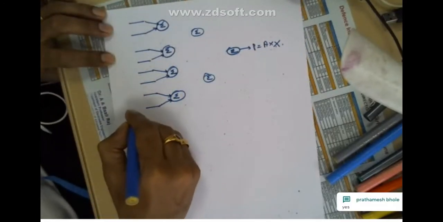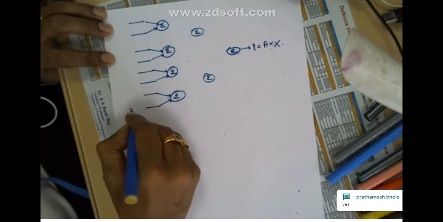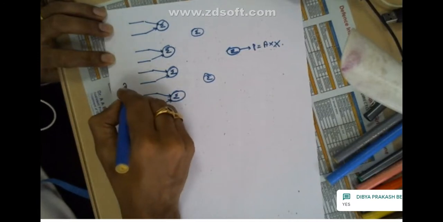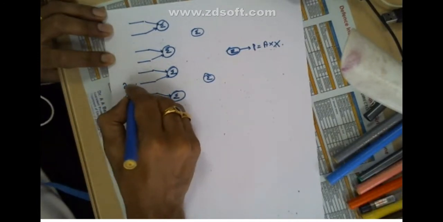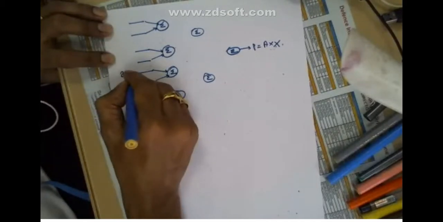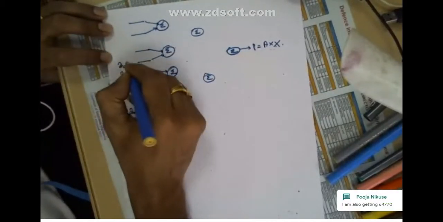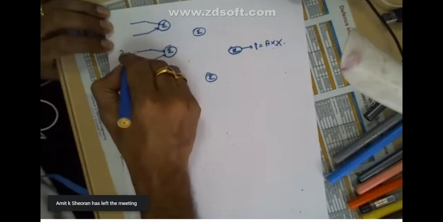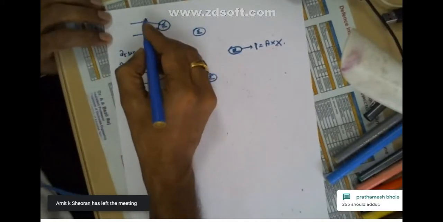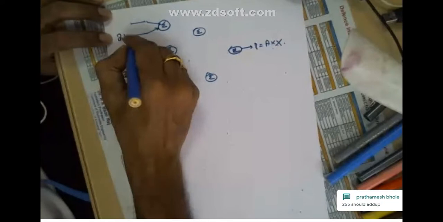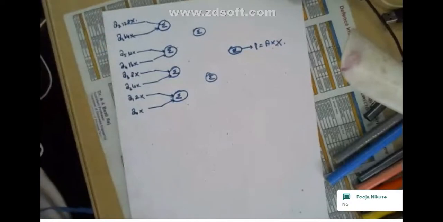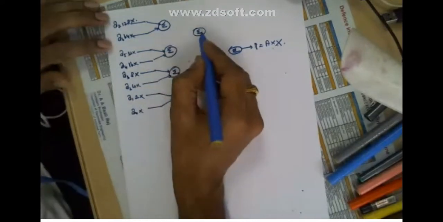This is nothing but A naught X, A1 2X, A2 4X, A3 8X, A4 16X, A5 32X, A6 64X, A7 128X. Then